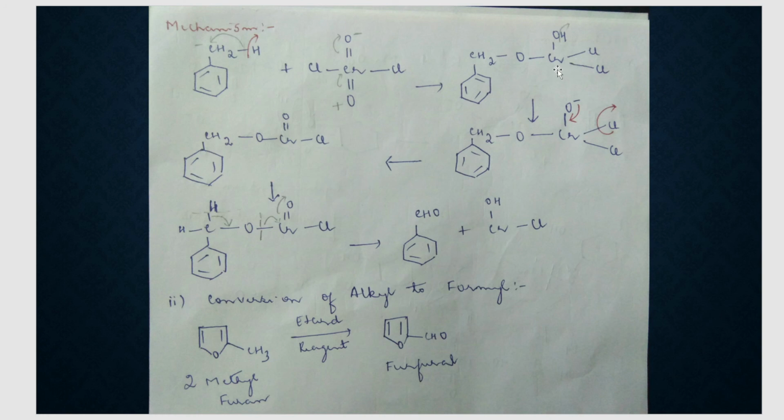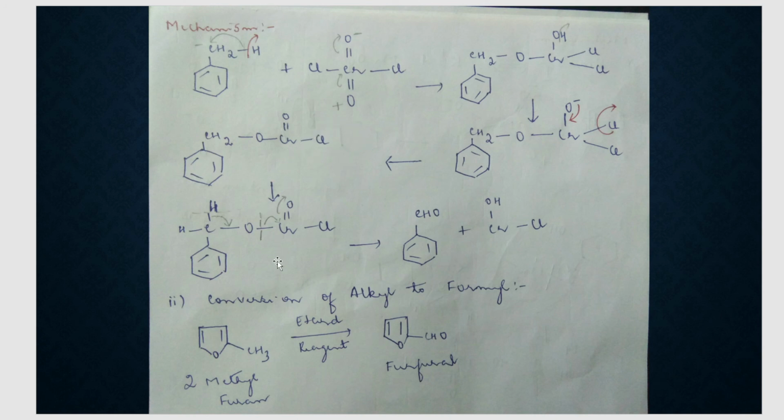Now why is chromium not getting any charge? Because there is one bond breaking, but there is one more bond forming. Since H is going out as H plus, oxygen is getting a negative charge here, which gets shifted between oxygen and chromium as a double bond. So there is no charge on chromium. There is a bond breaking and a simultaneous new bond formation. Going on to the next step, we have CH2O and Cr double bond O Cl. One Cl is gone already, so we are left with only one Cl.